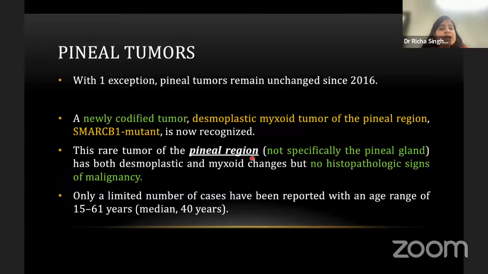Now, pineal tumor classification has largely been unchanged in the WHO 2021 classification. Only one exception is there, that they have added a new entity, that is desmoplastic myxoid tumor of the pineal region, SMARCB1 mutant. But one point here I would like to make about pineal tumors, from the neurosurgeon's point of view,